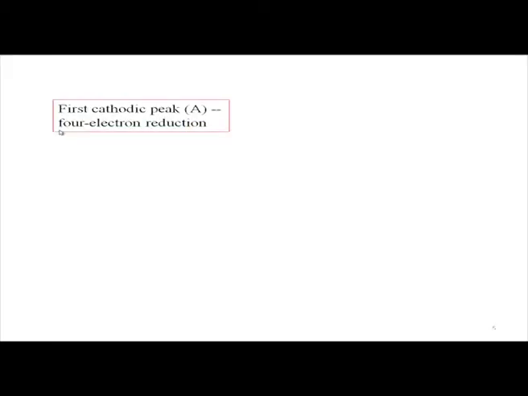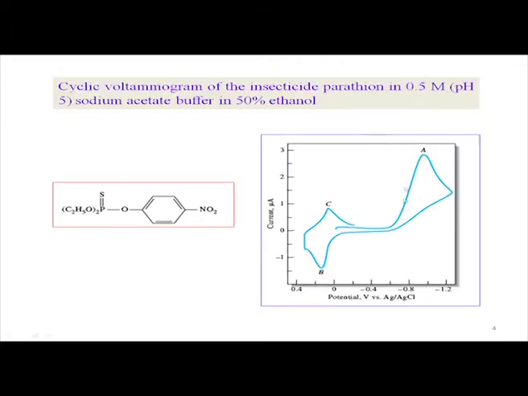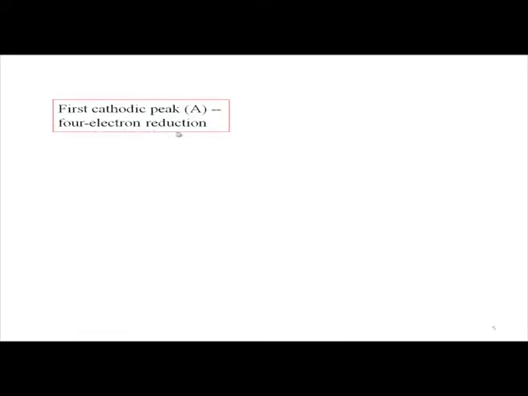So what we get is that the first cathodic peak, which we obtain as A, is basically a 4 electron reduction process, because we have seen that the current height is big enough, double that of your B or C. If it is a double current, it can be considered as a 4 electron transfer, a 4 electron reduction reaction for the species based on your nitro function. So phi, as we abbreviate, is a typical benzene ring. This phi part has been reserved for the other part containing benzene and the phosphate ester part.